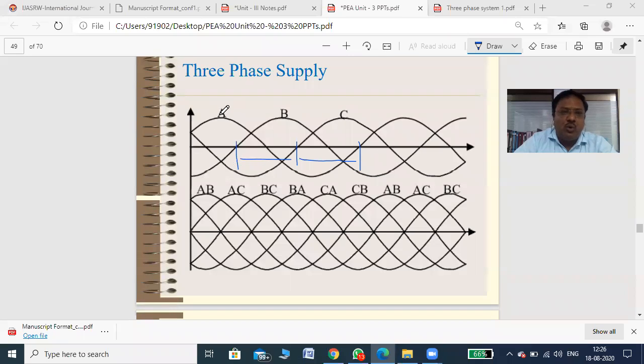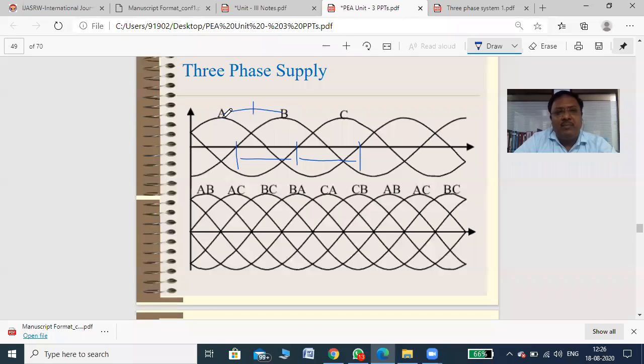But when you measure the voltage between A and B, that is called VAB, and this voltage is called a line voltage because we are measuring between two lines, A and B. So VAB is called a line voltage, and it will be 440 volt. I am telling typical value 440 because it is basically double. The phase voltage A is 220, phase voltage B is 220. The addition of these two is 440 volt.